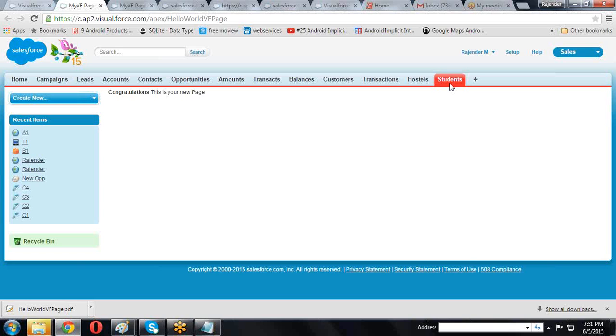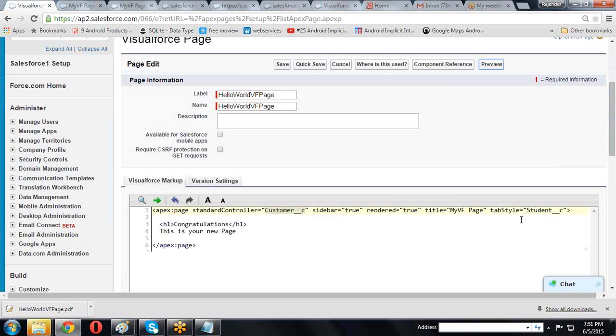But for the account object, contact or any object normally, we cannot get this type of functionality. Here we are getting the functionality by creating the tab style. Your required page style, you can create with the tab style.